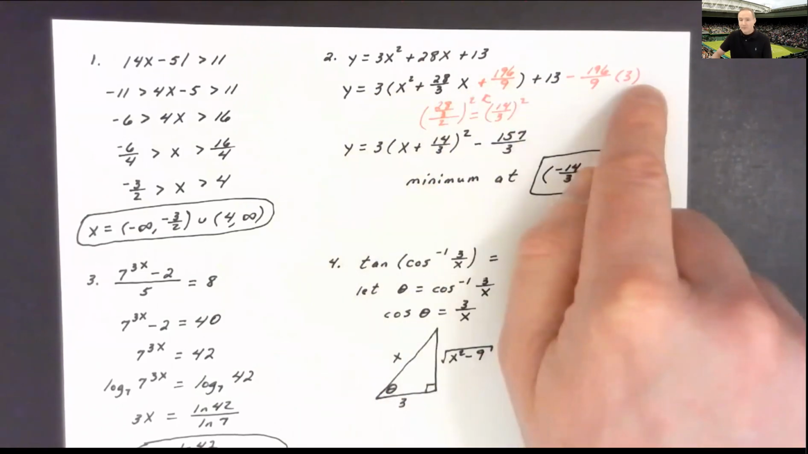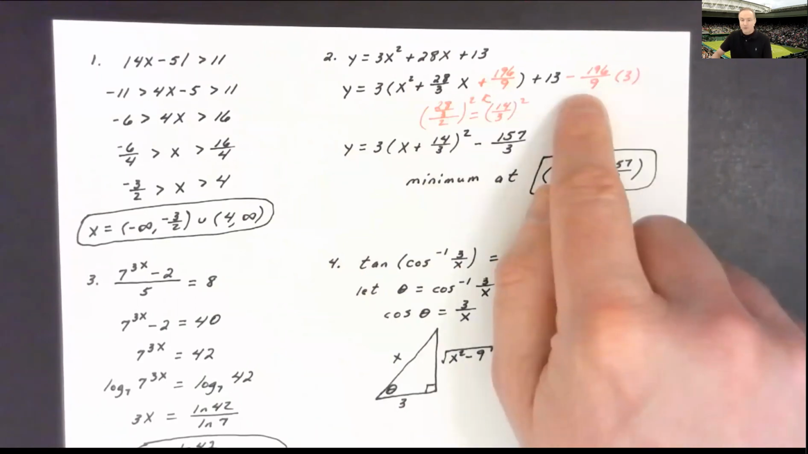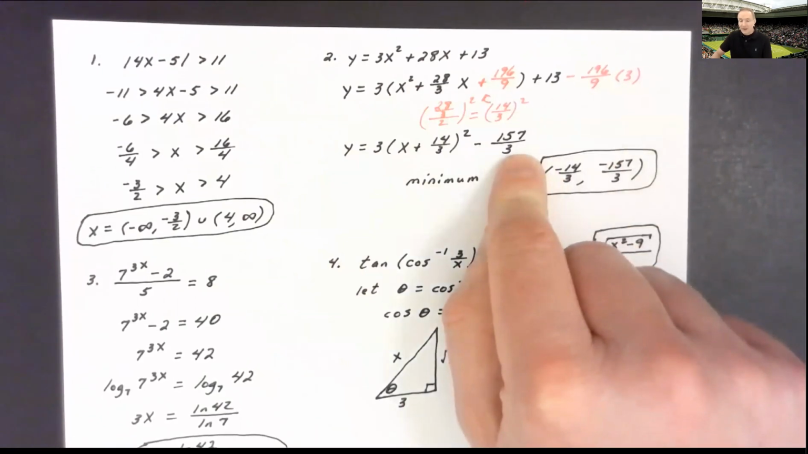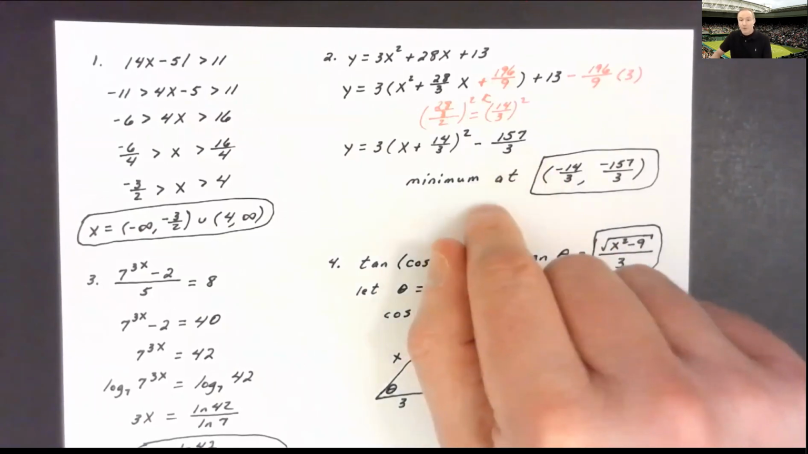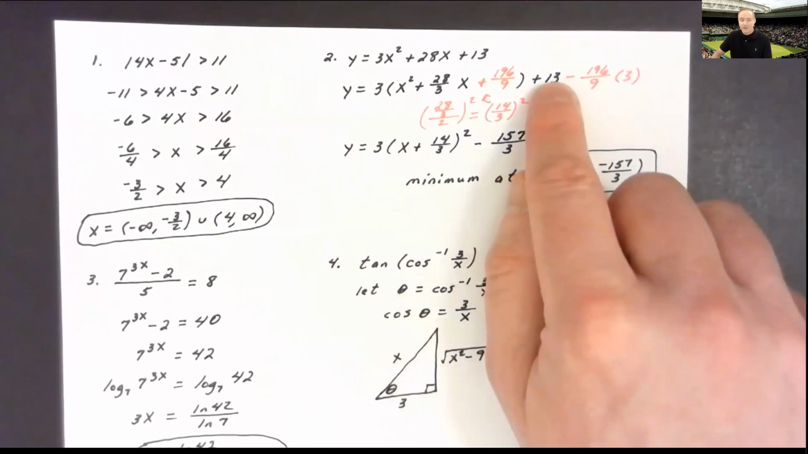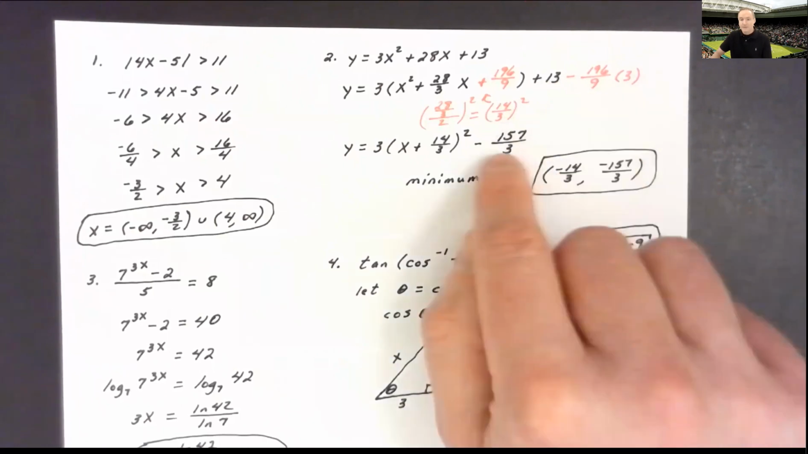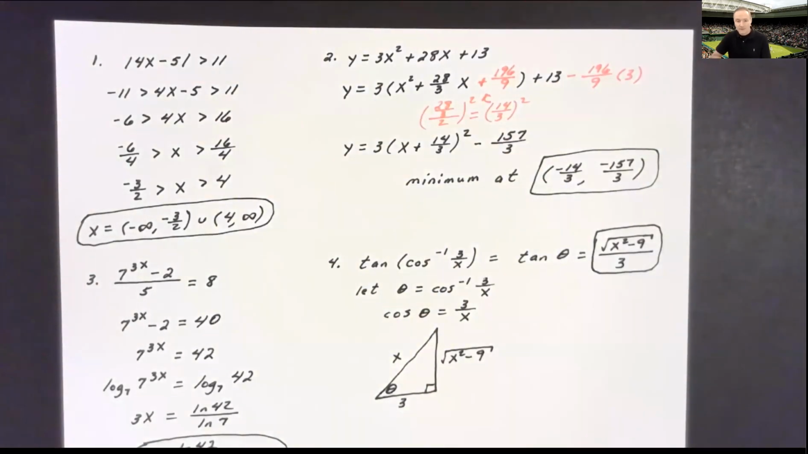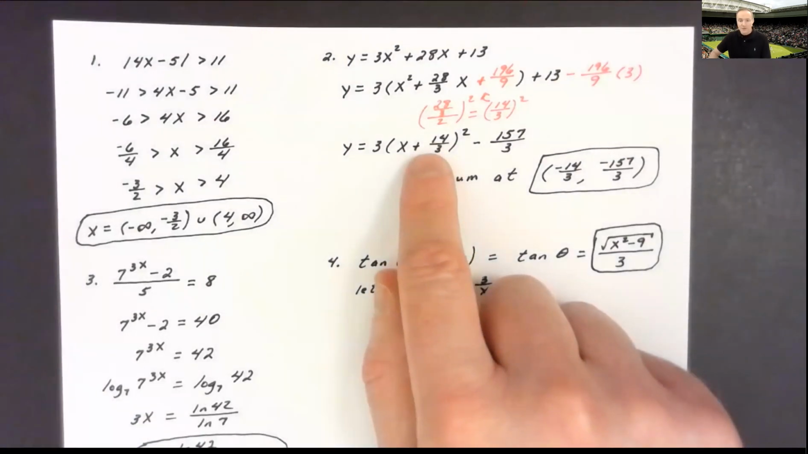Now, the other part, plus 13 minus 196 over 3, that's simplified to give me minus 157 over 3. And of course, I just did that on the calculator. Although it wouldn't be hard to do by hand, you'd have 39 over 3 minus 196 over 3 for the minus 157 over 3. Now you're supposed to look at this and say, well, this is just a parabola that's